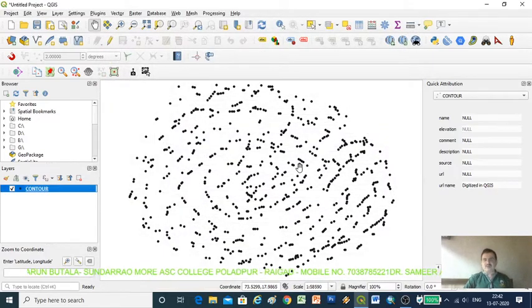So these are the points which we digitized on Google Earth, and we converted or imported these points in QGIS. Okay, now we are using the second tool which is contour.